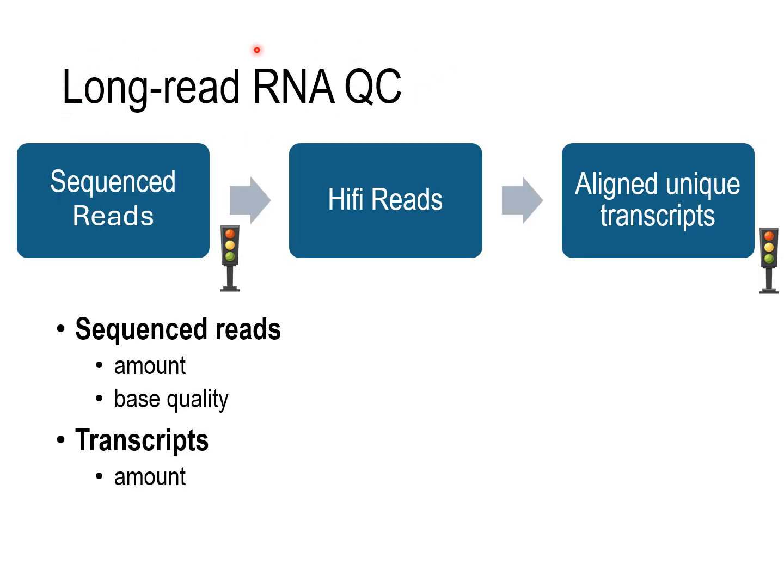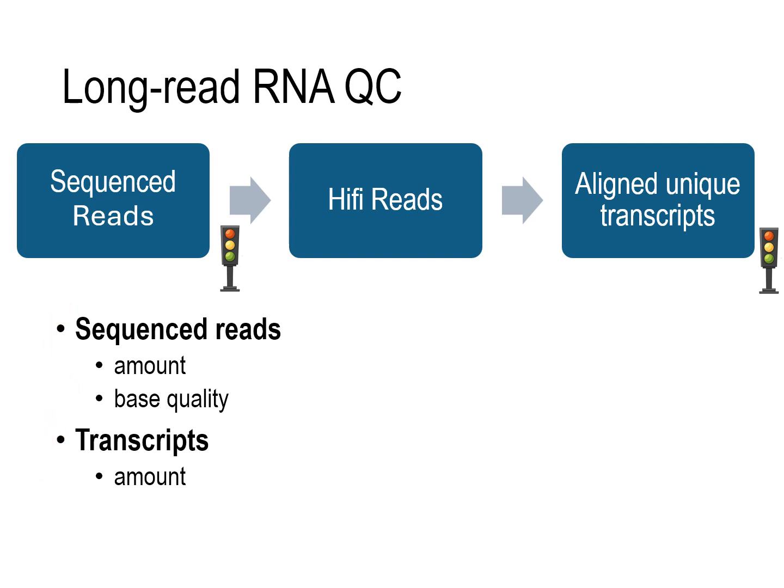Finally, let me present our long-read RNA sequencing quality control process. Our pipeline consists of three main stages: initial sequenced circular reads, HiFi read generation, and ultimately aligned unique transcripts. For quality assessment, we focused on two key aspects: the quality metrics of sequenced reads and the number of identified